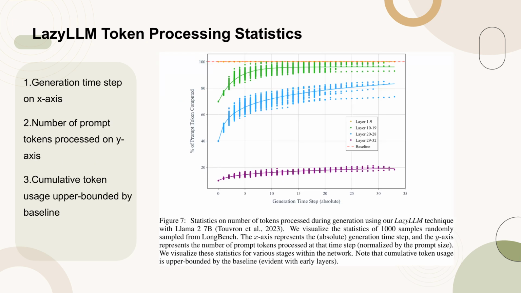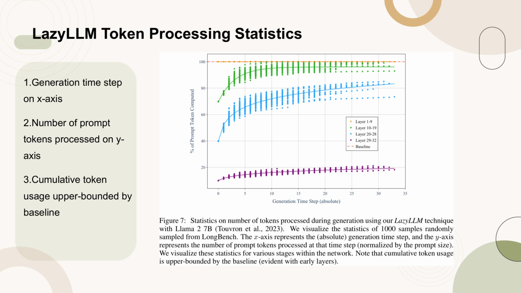Figure 7 illustrates the number of tokens processed during generation using the LazyLLM technique with Llama 2 7B. The graph shows statistics from 1,000 samples randomly selected from LongBench. The x-axis represents the generation time step, while the y-axis indicates the number of prompt tokens processed at each time step, normalized by the prompt size. The data is visualized for different stages within the network, highlighting that cumulative token usage is capped by the baseline,